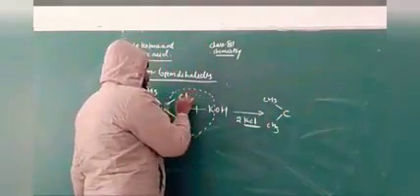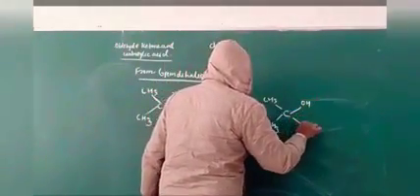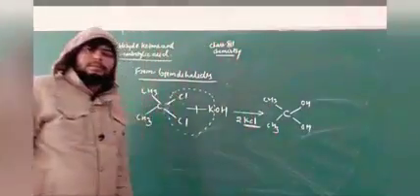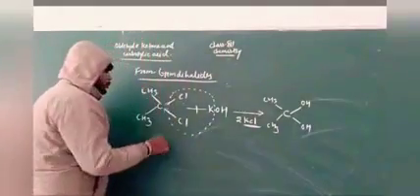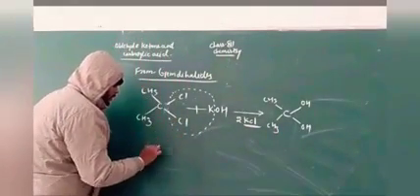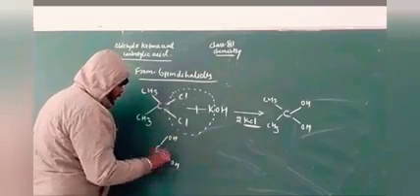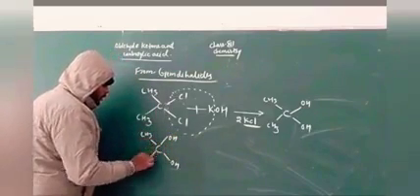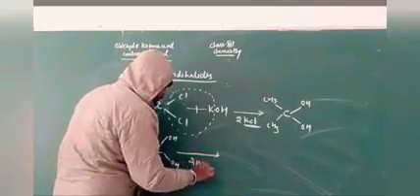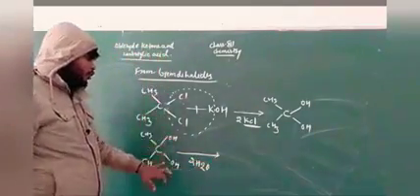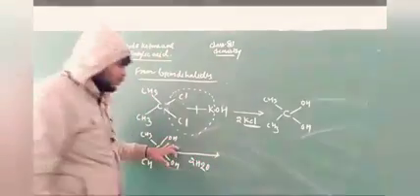From this condition, the chlorine gets replaced by hydroxide in the form of hydroxy ions. After this, you again have to eliminate water from it. That means this carbon is combined with one OH, a second OH, and this is your CH3, this is your CH3. You have to eliminate two hydrogens from this, and the hydroxide ion gets replaced.